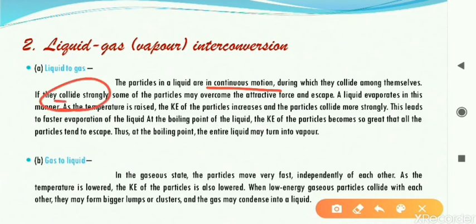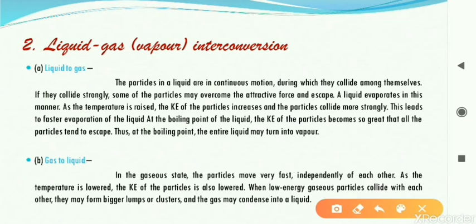If they start moving faster, collisions will start. Collision means they will start hitting each other because they are moving faster now. As a result, they will collide with each other, and they will overcome the force of attraction, reducing it. Because of that, random collision has started. A behavior of gas has started to come now. So slowly, on increasing the temperature, molecules start moving fast and hitting each other, and ultimately kinetic energy reaches that level of the gases. That is what is called the boiling point. All these things are happening at the boiling point when the liquid changes to gas.